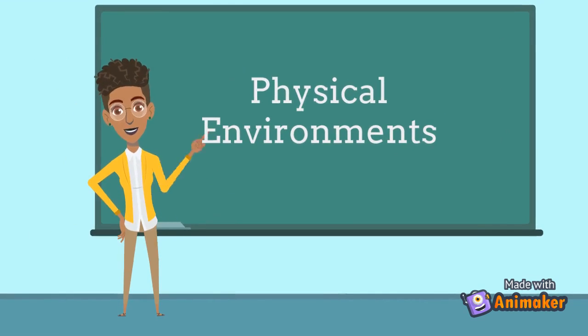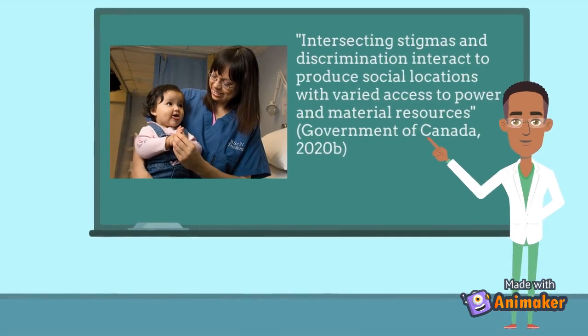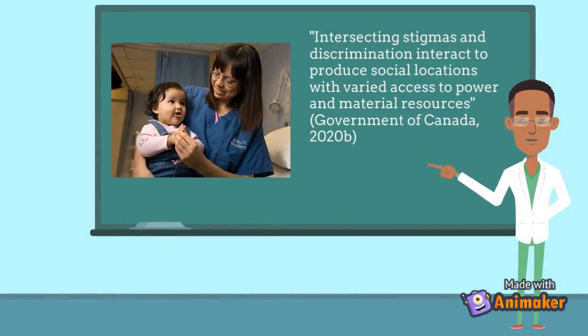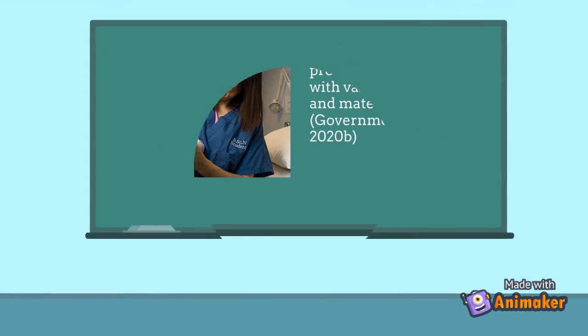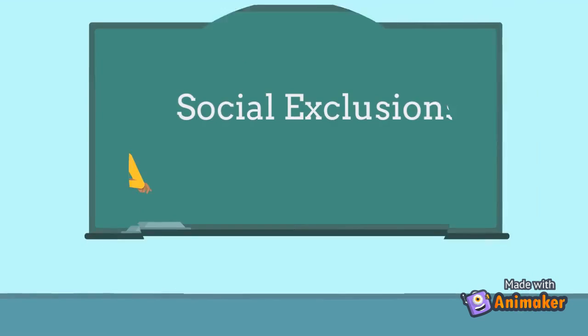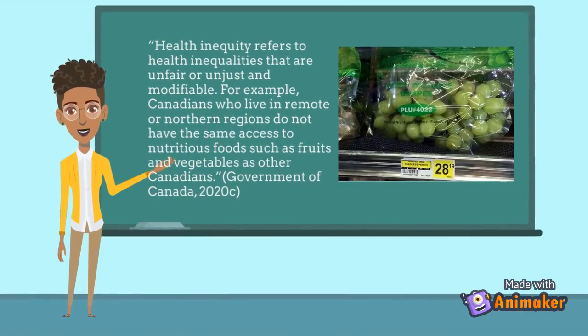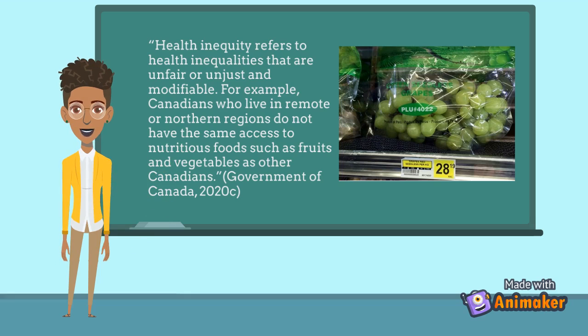Physical environments. Intersecting stigmas and discrimination interact to produce social locations with varied access to power and material resources. Remote regions face restricted access to transport and communication outside the community. Rurality also commonly intersects with poverty and habits such as smoking, which makes these populations vulnerable. The isolation and limited access to resources can be especially challenging for older adults who face disproportionately higher rates of depressive